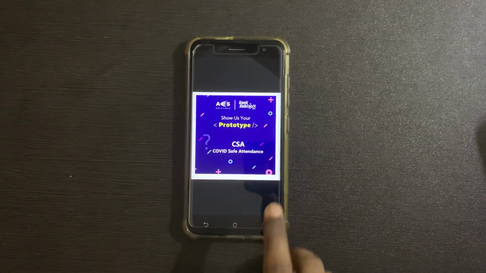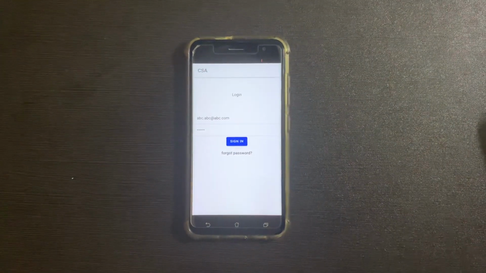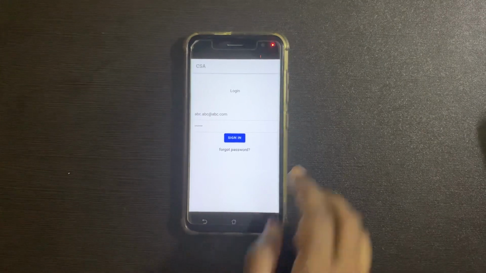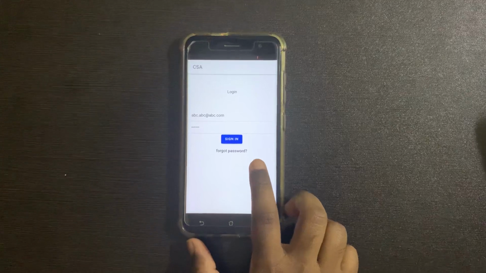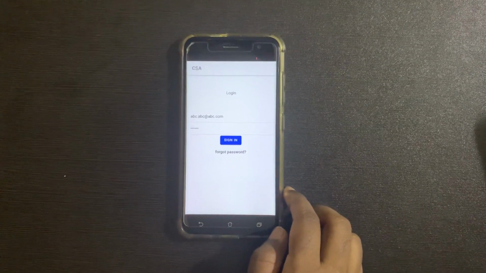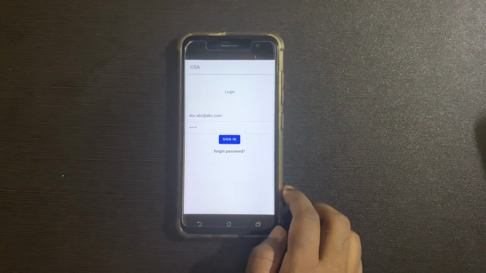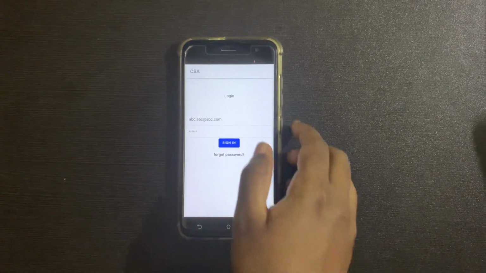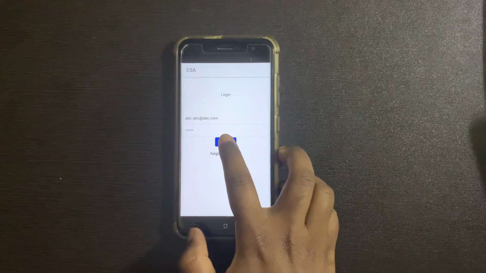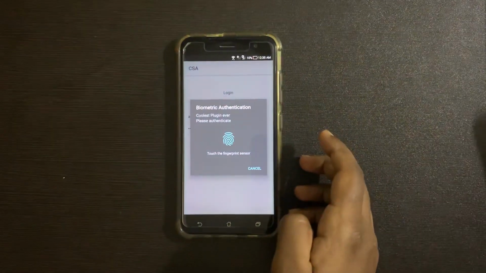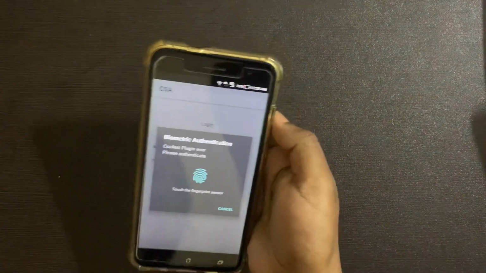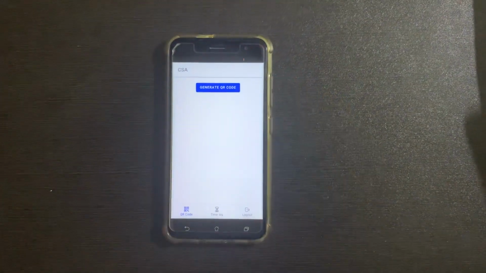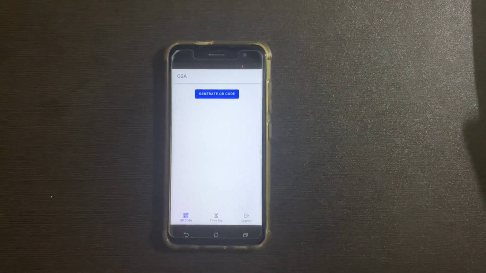Once we open the application, it heads out to the login form to provide username and password as the first level of authentication. In case the user forgets their password by any chance, they can reset using the forgot password option, and this will send the link to the registered email ID to regenerate their password. Let's sign into the application. And this will prompt the user to provide fingerprint data as the second level of authentication. Once the user has been identified, we will use the other features to mark their attendance.